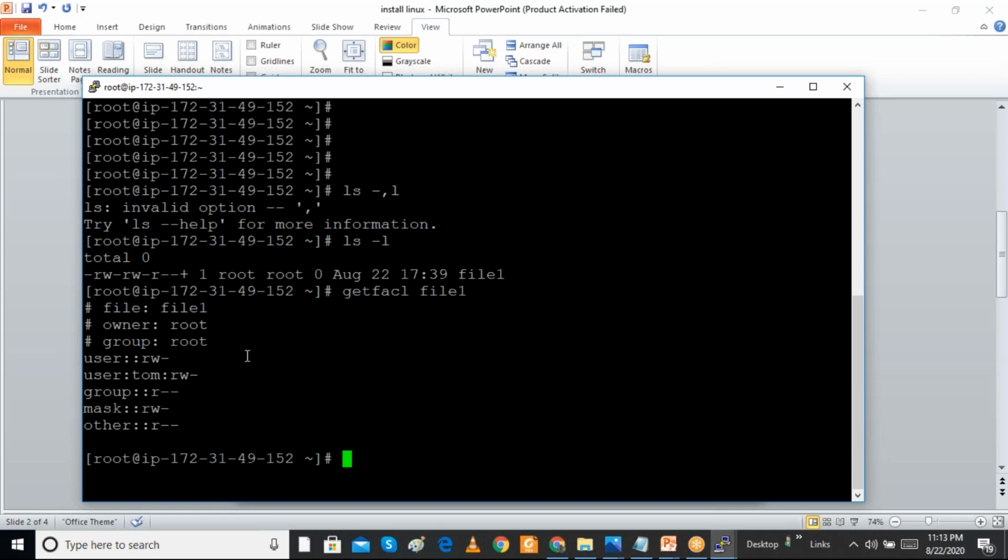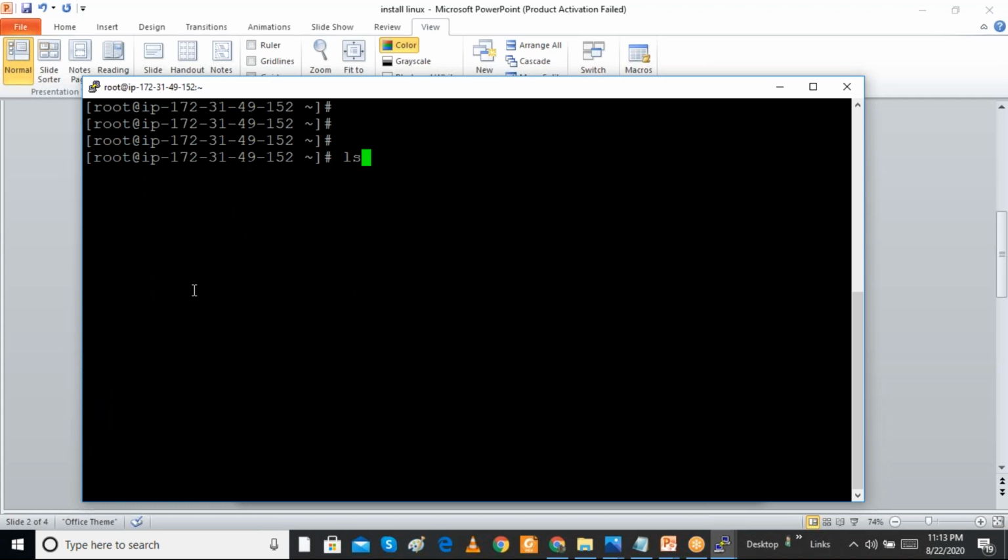We can add the permissions. So we are going to add a permission for another user. We will explain this, and the mask value means the maximum permission we are giving to the users. The standard permission we are giving for owner and group, but additionally you can give permissions to other users.